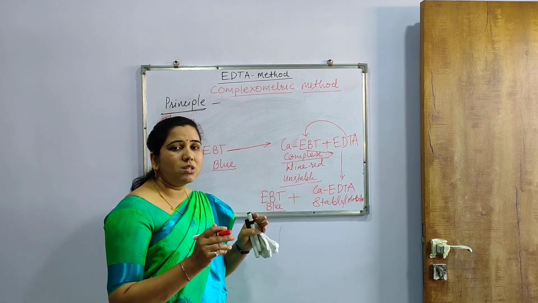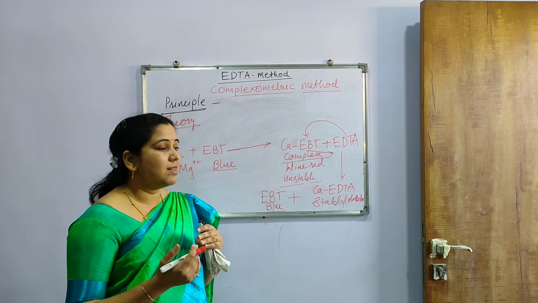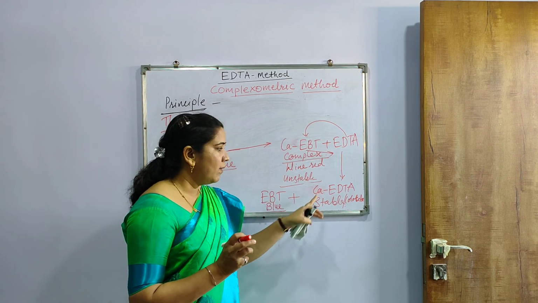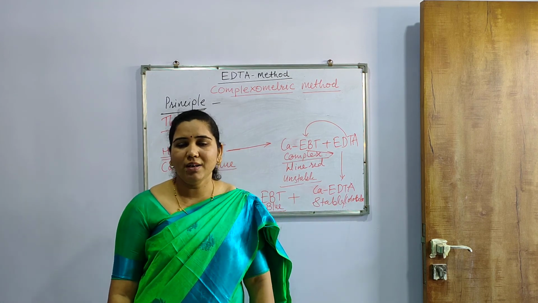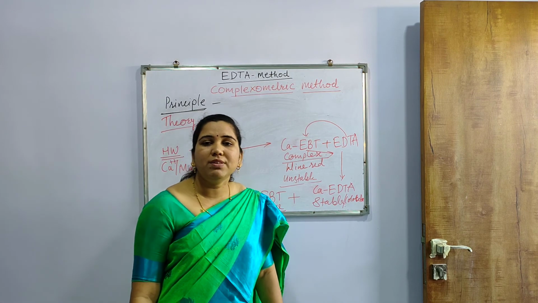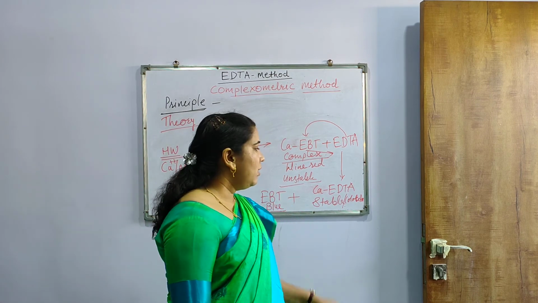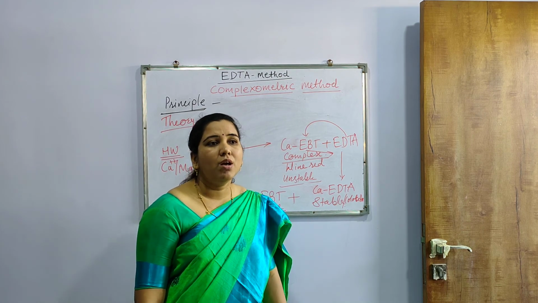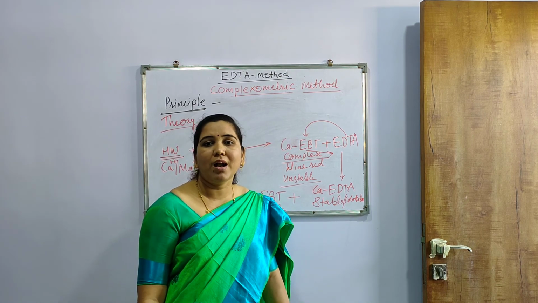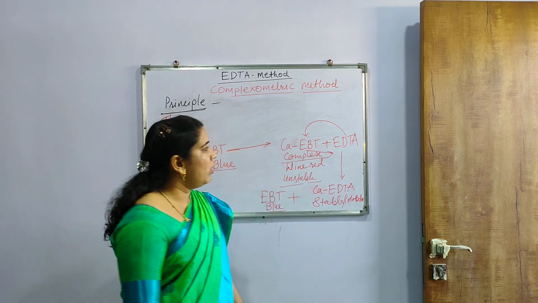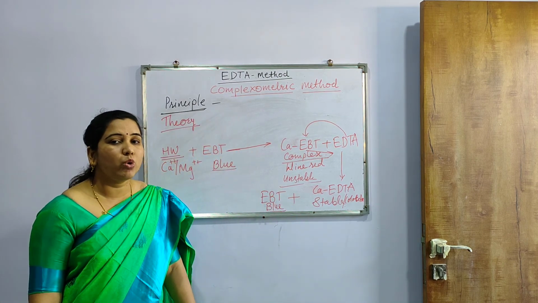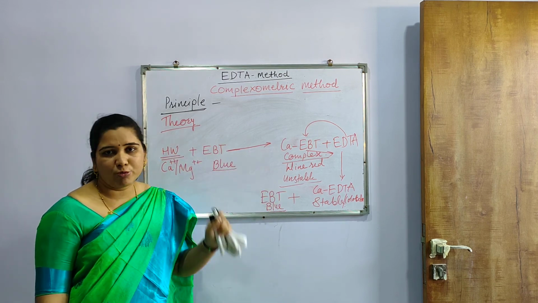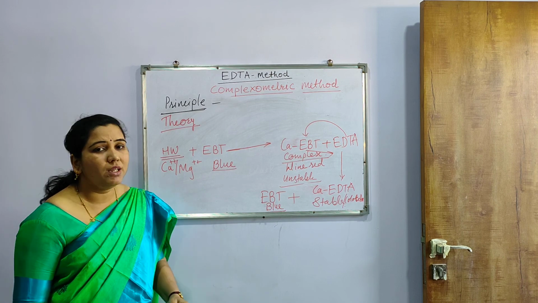During that change, we can see that the number of EDTA molecules added equals the number of Ca positive ions present in it. From this we can understand that the complex which is formed is in 1:1 proportion, and that many ions are present in our hard water sample. So this all is about how the reaction is going on, how the actual process of the reaction works. This all comes under the theory.